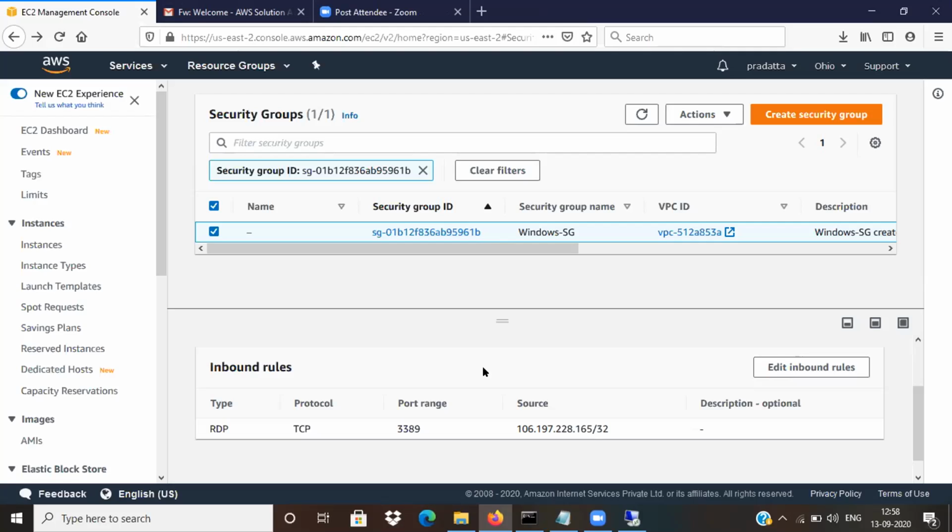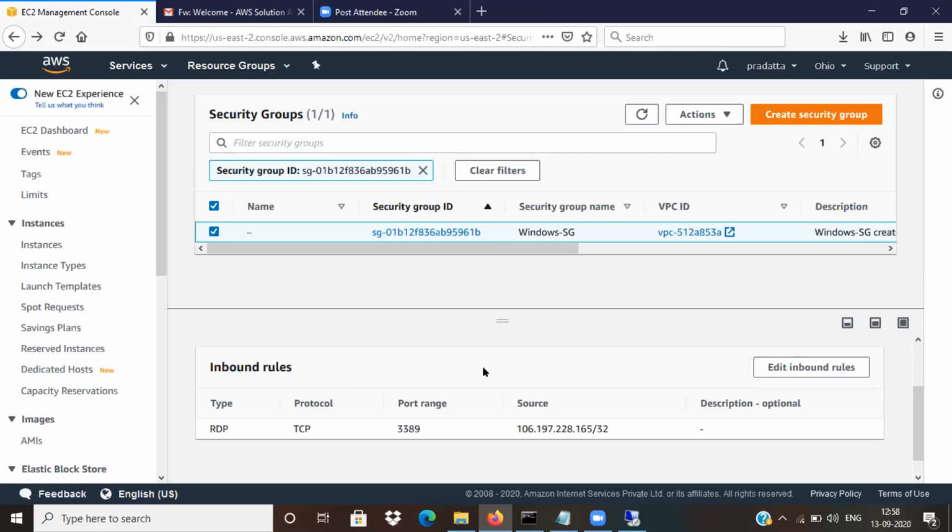Now, Rahul, I was explaining to Rahul what happens here. If you look at this, Shweta, please pay attention here. In the inbound rule, you are defining that RDP is the type, the protocol is TCP, and the port is 3389. What is the source? From which source are you going to allow the connection? Who can connect to your instance? That is the source.